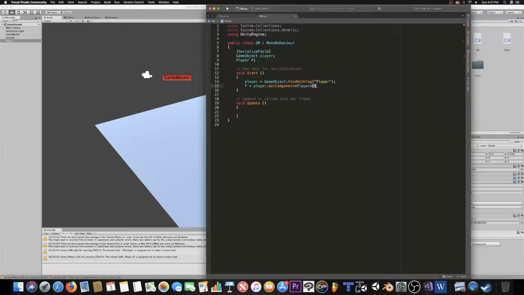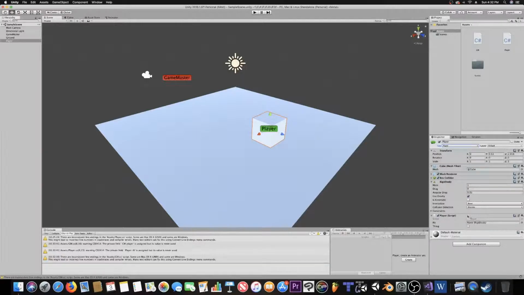There you go, and semicolon, and save that. And what this is telling Unity is, hey, I'm looking for something on P. It's located on the player object, which we've defined up here, and the specific component we want is a script entitled Player. So let's hit save, go back, and we should see all this in the inspector